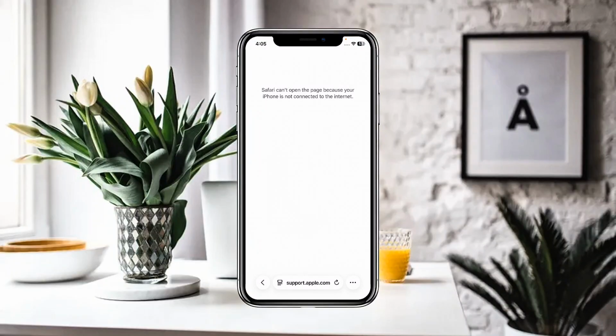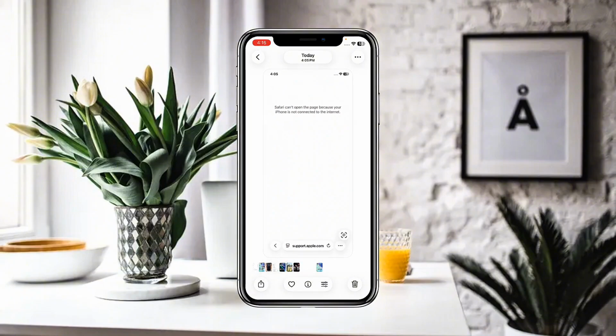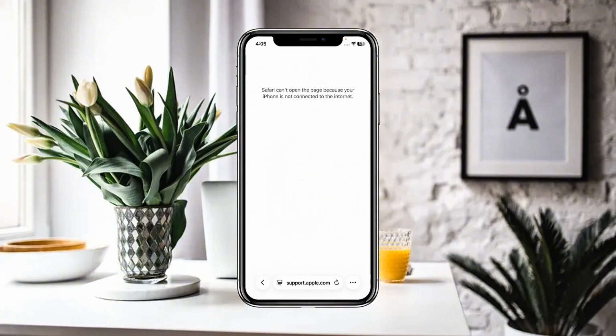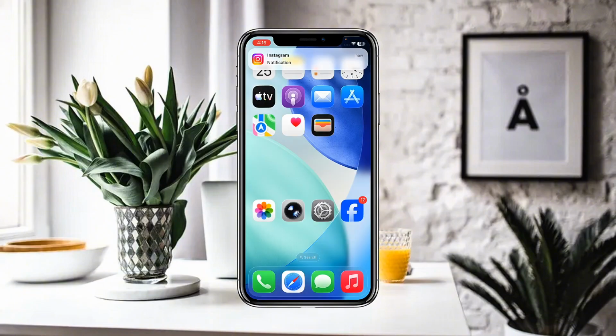Today we are going to discuss how to fix "Safari can't open the page because your iPhone is not connected to the internet." For example, if you open Safari and you see this kind of error on your iPhone iOS 26 while you open any page, and you want to fix that, how can you do that? For this, you have to close the page, and after that